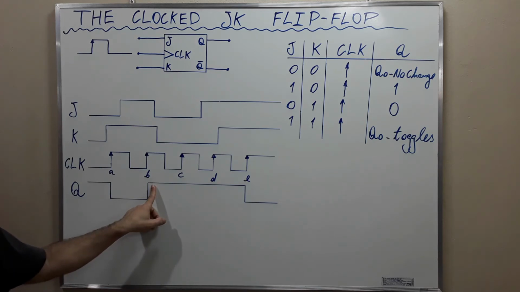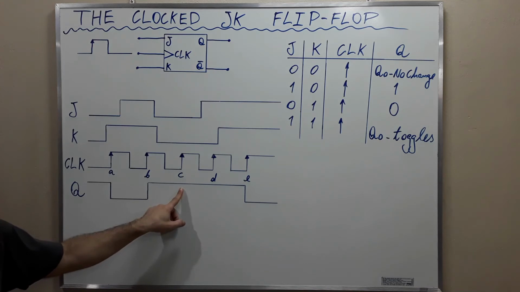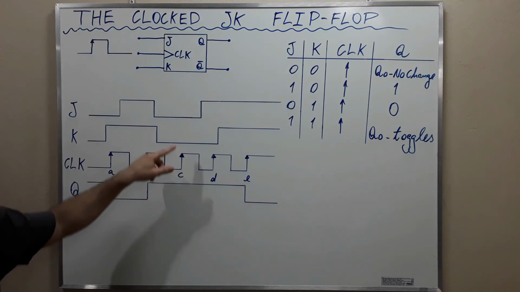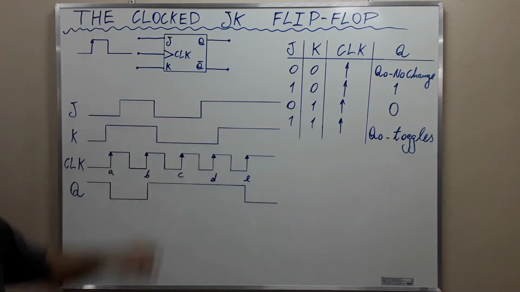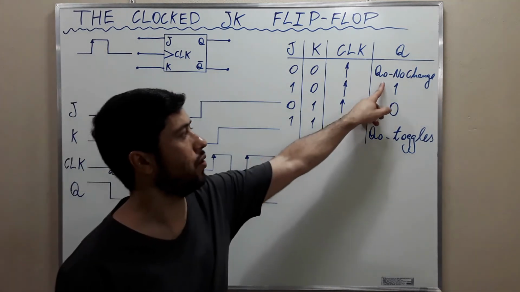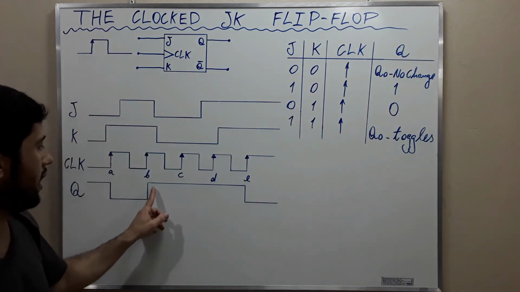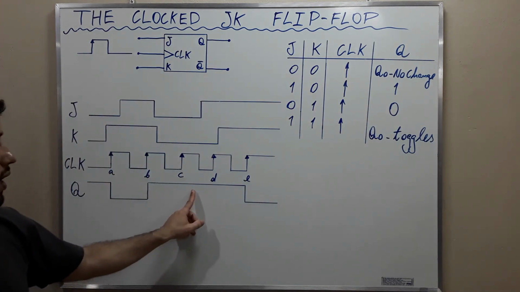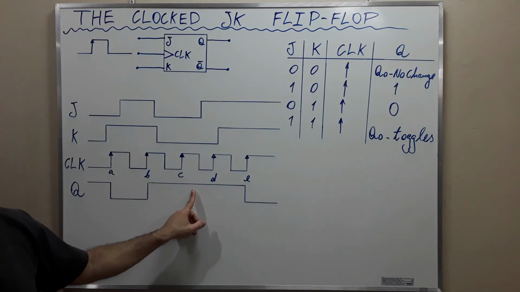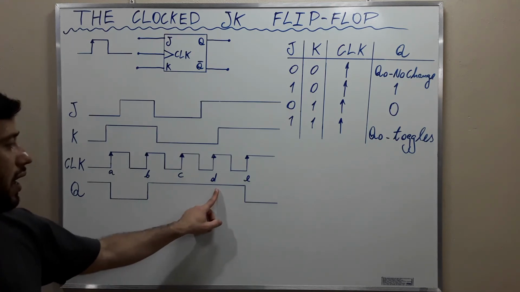Next, the flip-flop will respond to the inputs only at the occurrence of the subsequent positive going edge of the clock. At C both K and J are 0, and the output will not change. The output stays the same. And the flip-flop will respond to the inputs only at the occurrence of the subsequent positive going edge of the clock. At D,